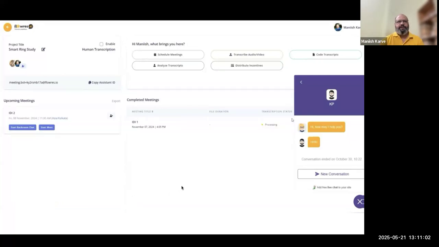Perfect. Our demo just doesn't stop here, right? There are a lot of other things, but this followed the critical path that you need to know in terms of setting up the project, using the back room. There are also features like automatically redacting personally identifiable information. There are ways and means to export and share the Q&A that you're doing with the platform and things of that nature. A lot of features are built in, and at any point in time, if you want a more thorough demonstration customized to you, just reach out to either of us.